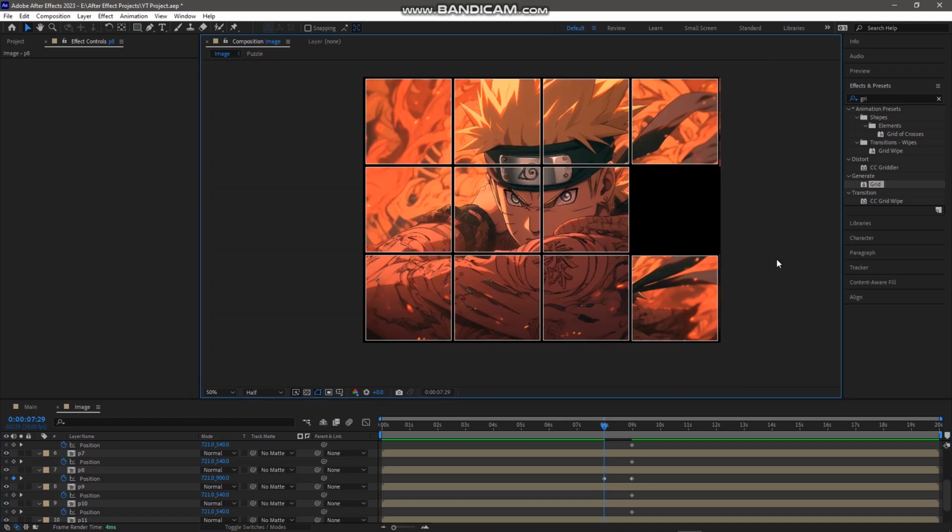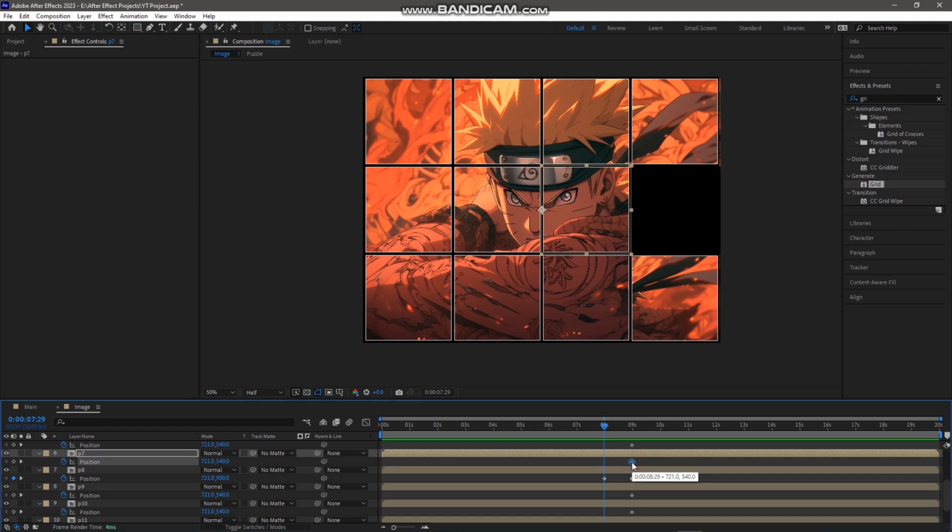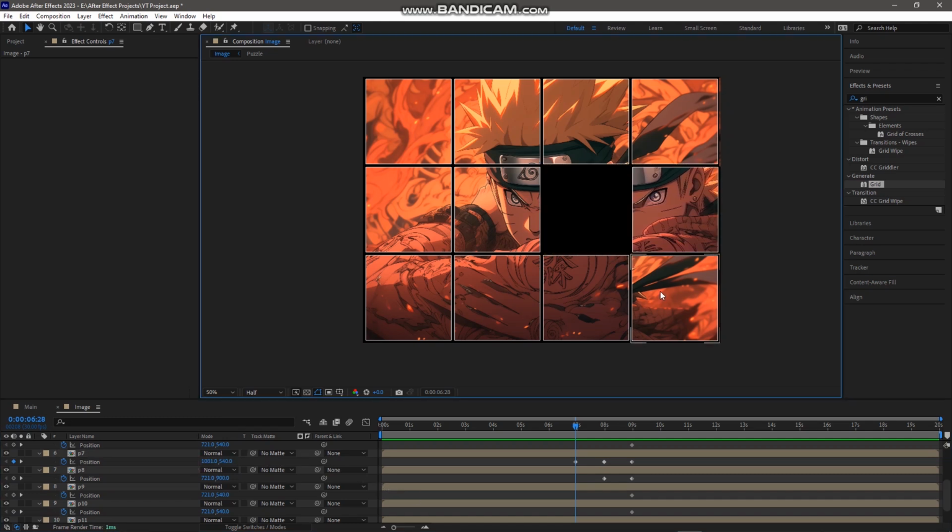Yeah, there it's good. After that, I want that cube to be moved here to the right side. So I will copy its first keyframe, Ctrl C to copy it, Ctrl V to paste it here. After that, go to the previous 1 second and we will drag this cube from left to right, like that. Every time when you wanna move your puzzle, you have to copy its first keyframe and paste it upon your last cube's keyframe. If you will not do that,